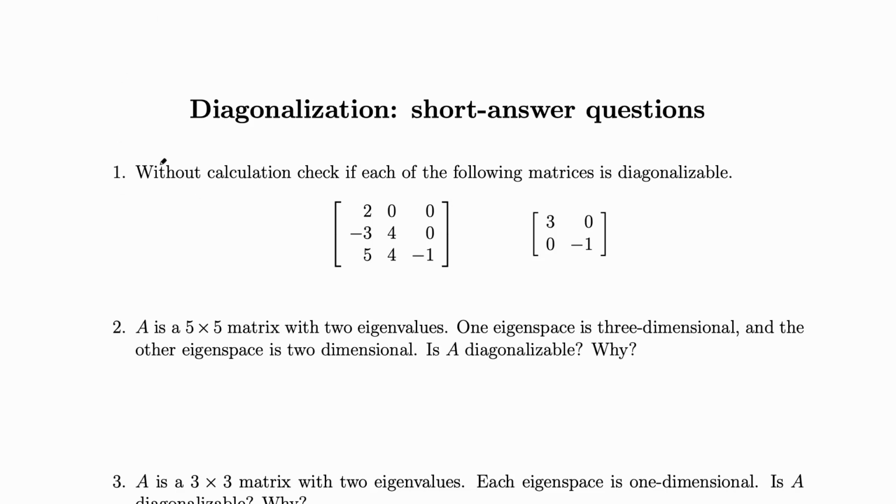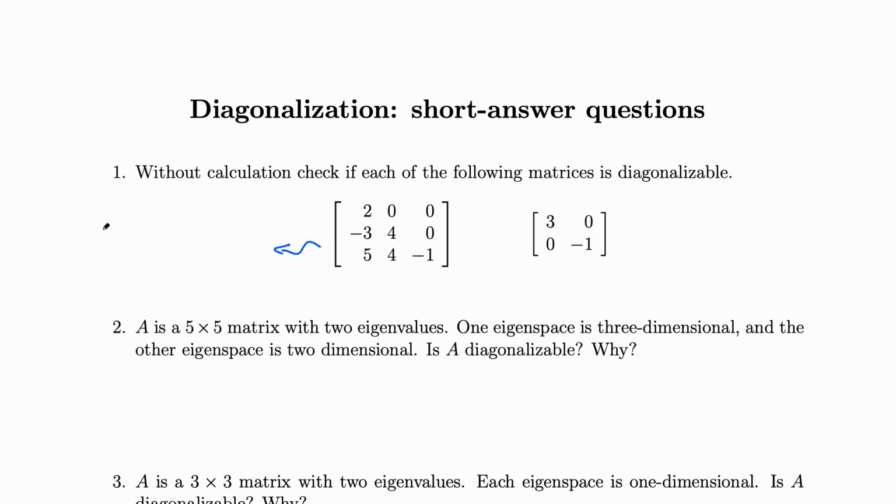Number 1, without calculation, check if each of the following matrices is diagonalizable. So in this question we got a 3 by 3 lower triangular matrix, because we got all 0 there. And when we have a lower triangular or upper triangular matrix,